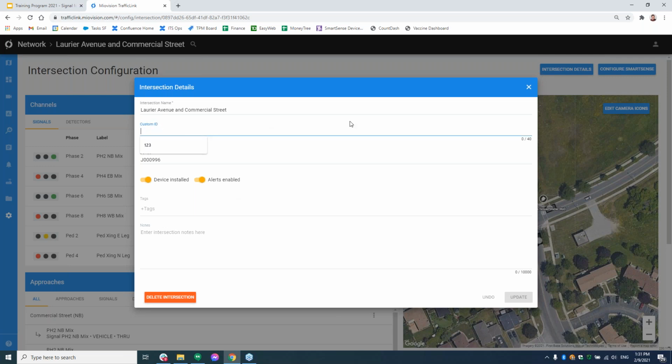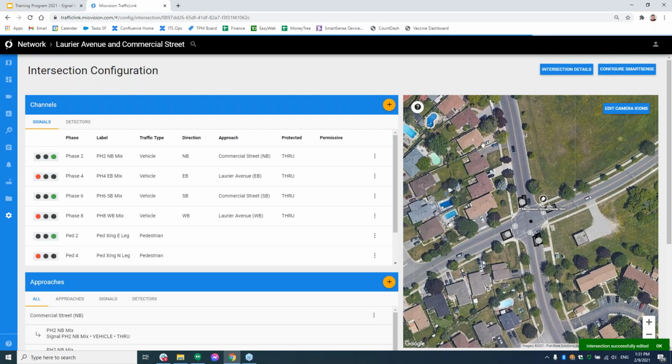And so I'll talk about the custom ID here. What you can do with this ID, often I see users take advantage of this ID by relating it to the intersection number or the intersection ID that the city or agency is already using. So if you're using an asset management tool or any way to do signal numbering, often I hear about intersection 123, or whatever the number is, how many agencies relate to their intersections. If you wanted to add an ID to an intersection, like call this one 123, I can simply update that with intersection 123.